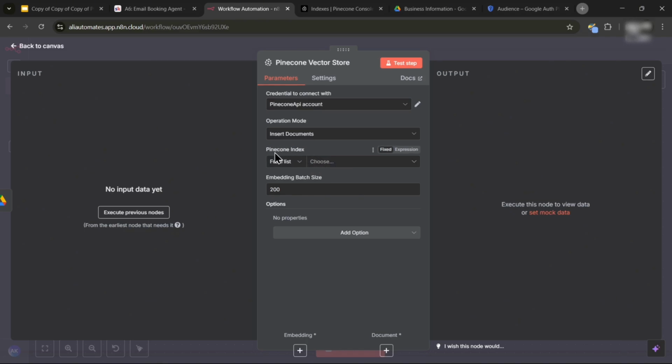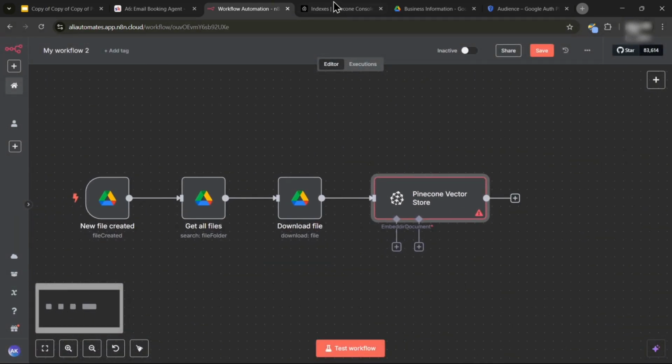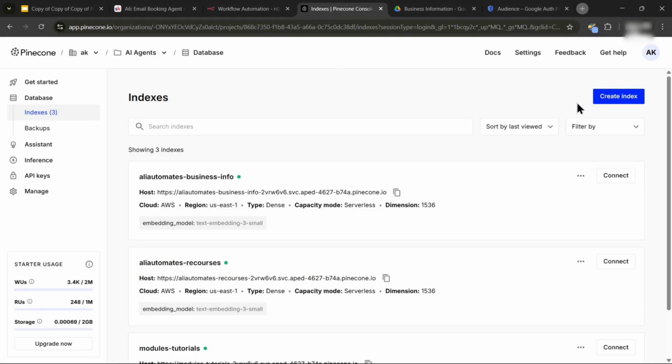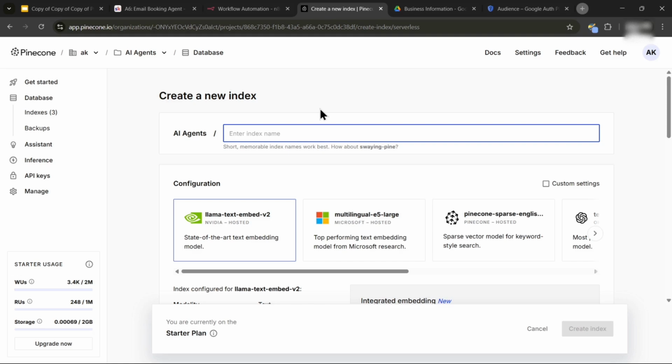And here it will say Pinecone index, and we need to choose the Pinecone index which we want to upload those files to. So we need to create a new index over in our Pinecone dashboard. If you just click on the create index button, you should be able to create a new index, and you can change the index name to whatever you want. But I'm just going to change mine to